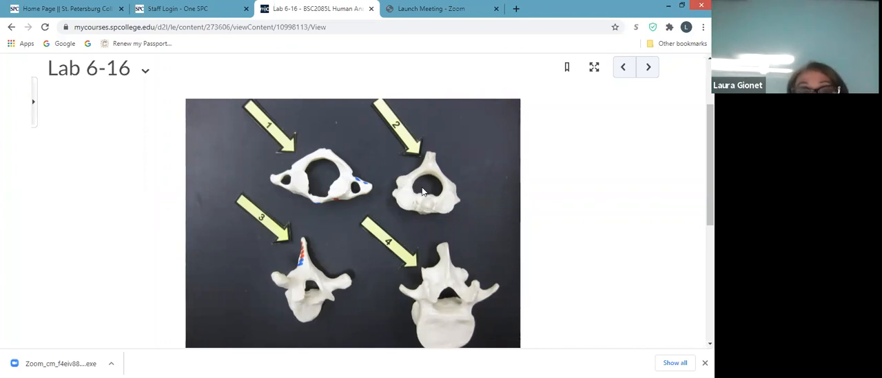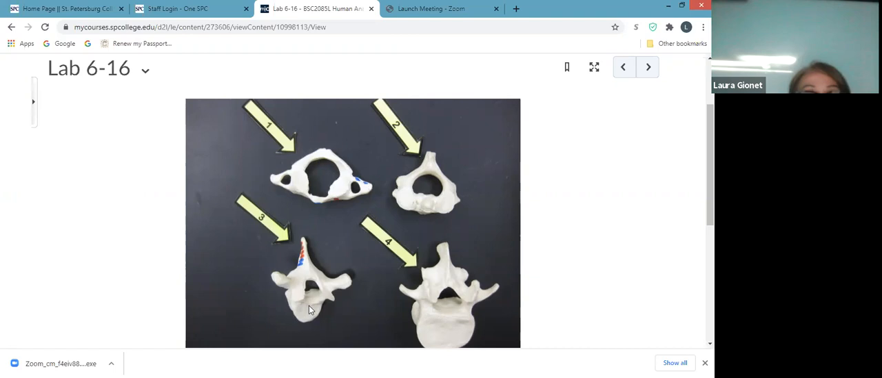Next to it is C2 or axis. This little portion, it's kind of hard to see looking down on it, but if we looked at it sideways, you'd see this little pencil-like projection of bone at the superior aspect, and that's the dens. It's there that this C1 atlas, this ring of bone, pivots around. All right, then below that, number 3,